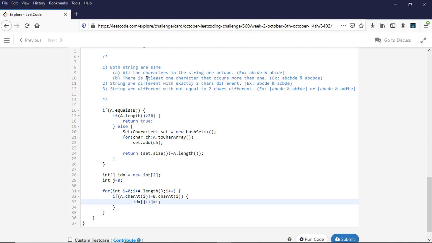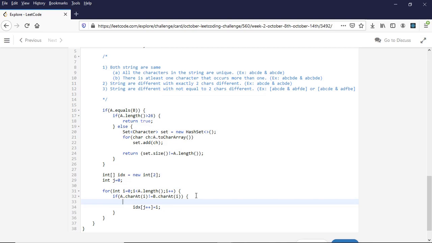Now if you see here, the condition is exactly two characters. So if it is more than two characters, we can directly return false, right, because it will come to case 2 here in point 3. If more than two characters are different, even though we will be able to swap, there will still be one character which will be different and the string will not be the same, right. So we can directly return false here.